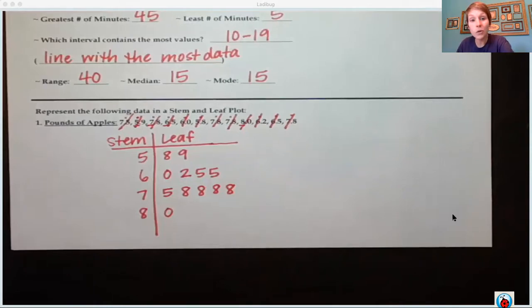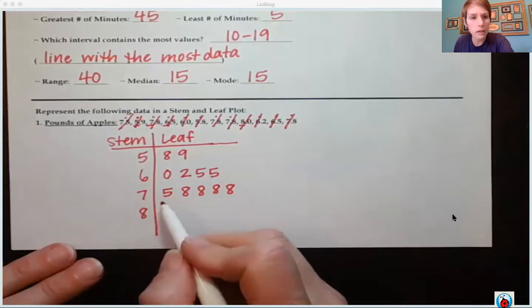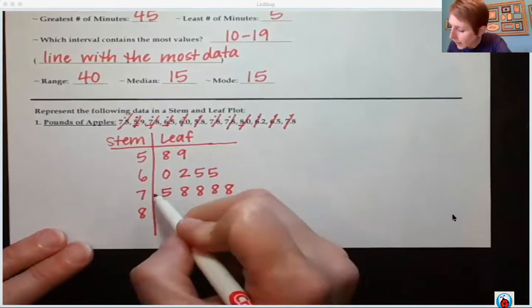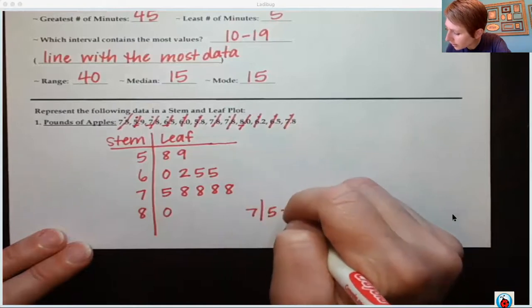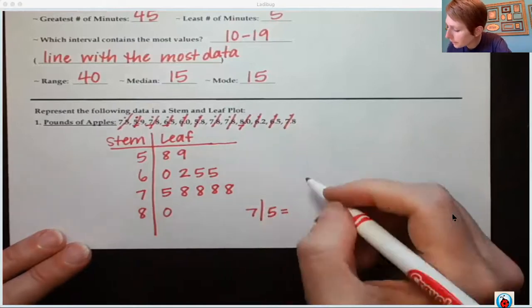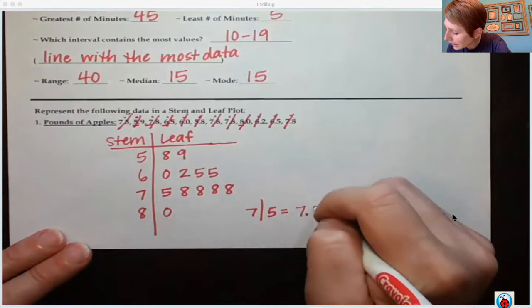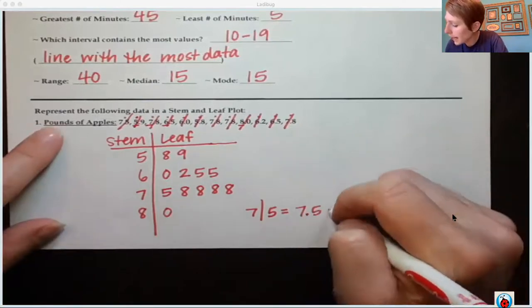Now, again, keys are super important because it tells your reader how to read these numbers. They don't know these numbers are decimals, so we need to show them. I'm just going to use 7.5. Make a little mini stem and leaf plot and show them to read that as 7.5, and it's going to be pounds